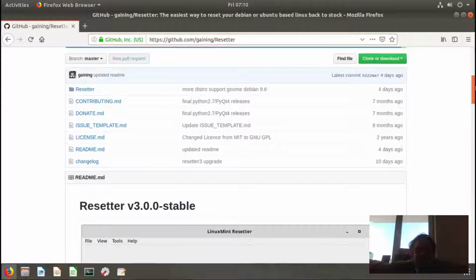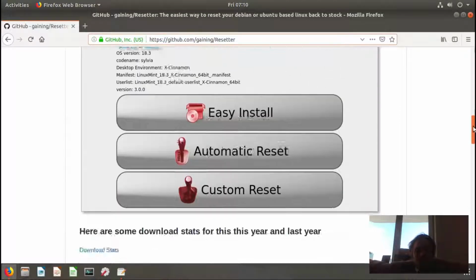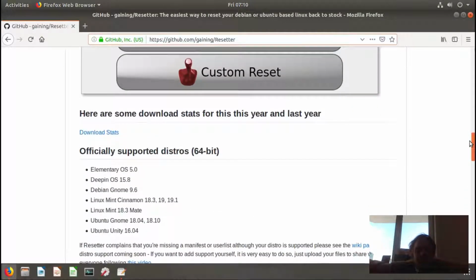So it works for many systems, and this tool has already been out for about a year, and it's really just getting better and better. As you can see, it supports quite a few distros, which is quite good.